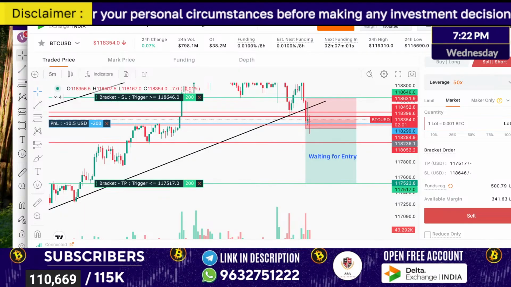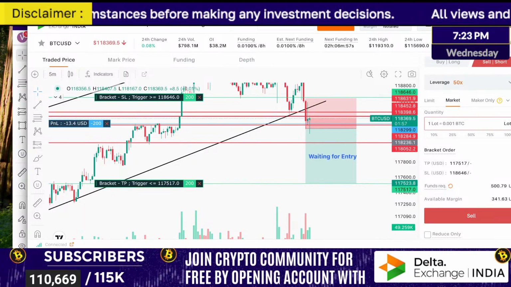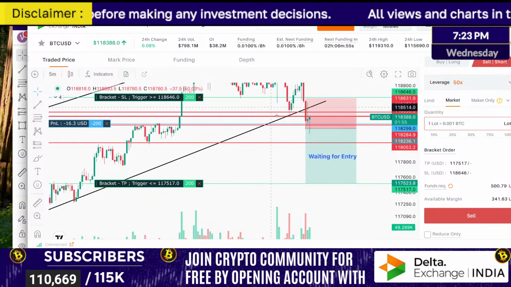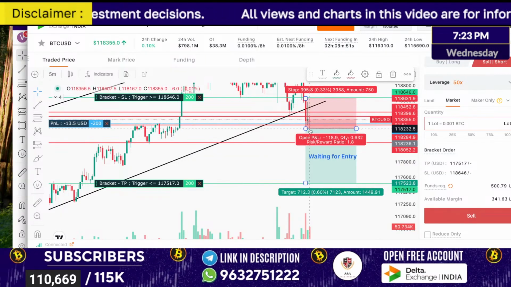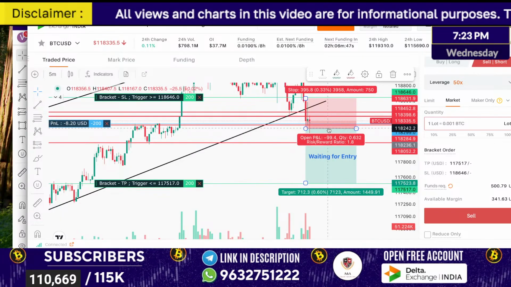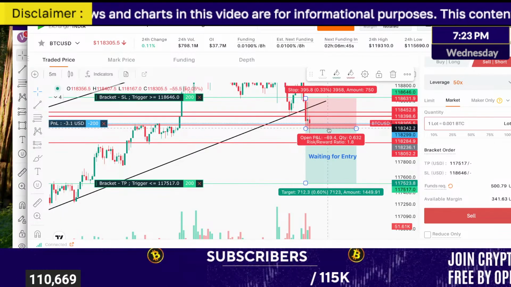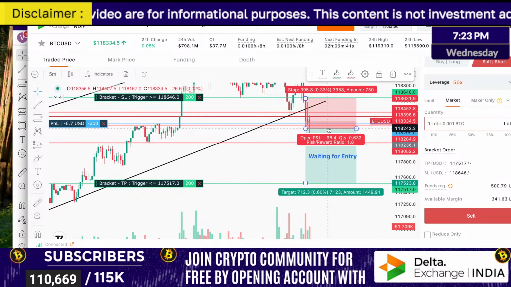What is the problem with 5 minutes time frame? If you wait until the candle closing, then what will happen? The movement will be over. If you enter at 3 minutes, proper closing you will not get, because crypto is volatile. Indian market though, 1 minute also we can trade, no problem there.